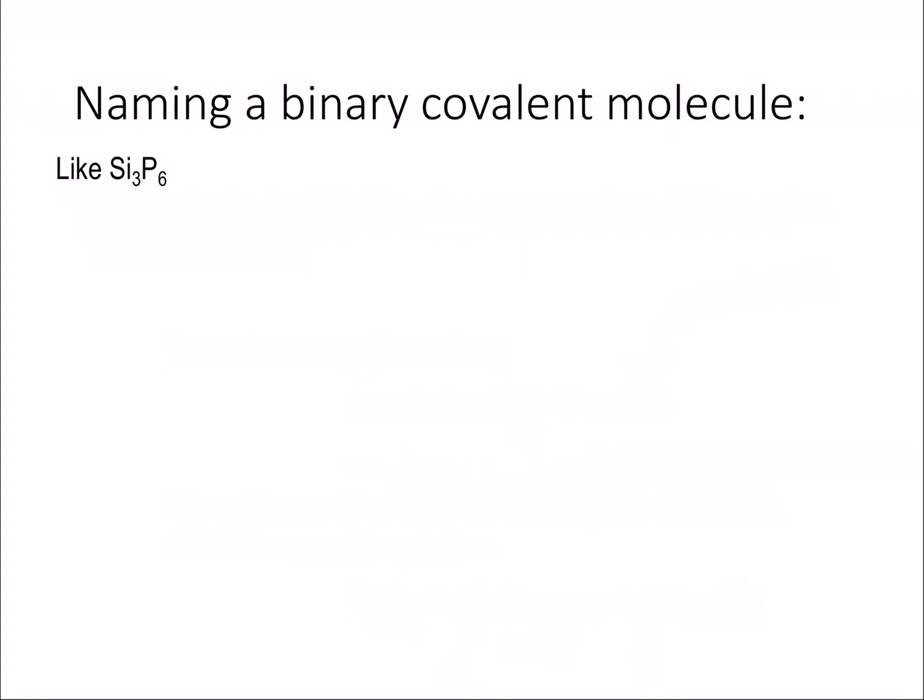So let's say we have a binary. Now this is a fancy word. It just means two-part, right? Binary, two things, two elements combining. In this case, we've got silicon and we've got phosphorus. So what in the world do you say? You sort of look at it and you say, well, try silicon. And then you're like, well, what the heck do I